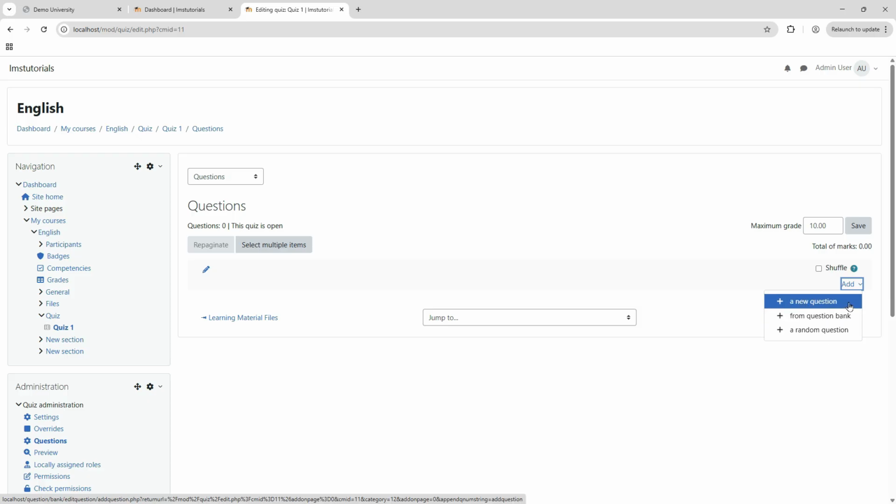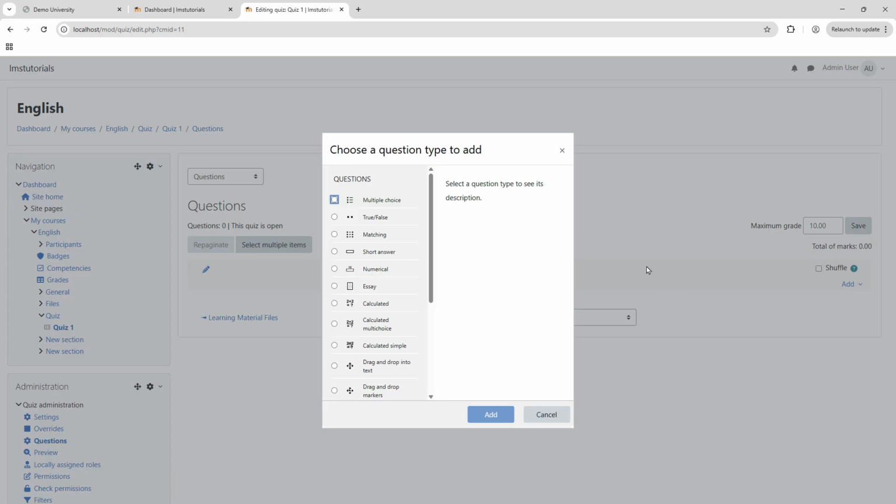Today we're going to see only new questions. What is question bank and what are random questions, we'll come back to later, because that is part of advanced again. To understand question bank and random questions, first you need to understand how a quiz works. So we are just seeing how a quiz works as of now. Let's say add a new question. As soon as I click this option, add question,